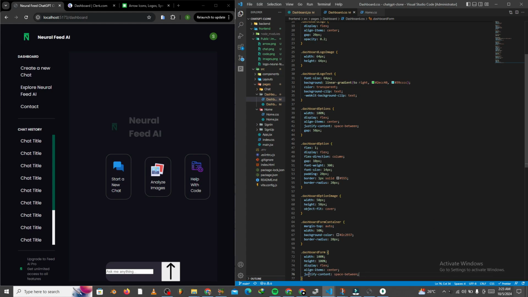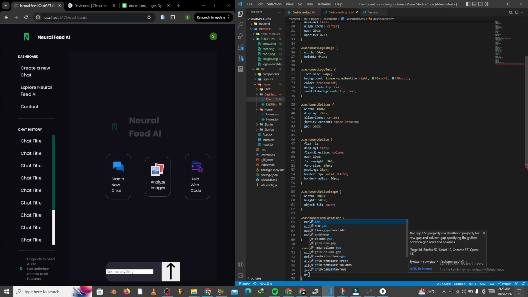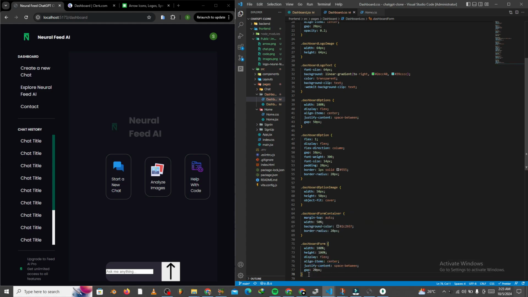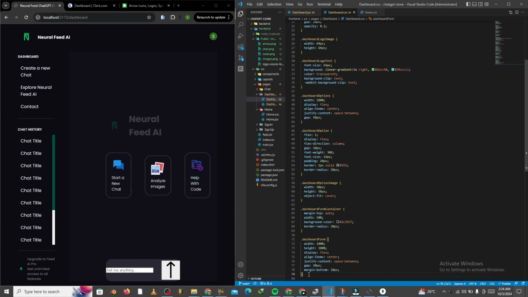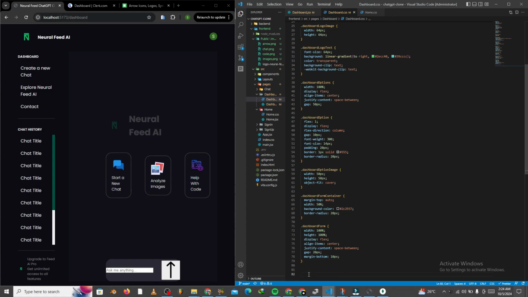Then we give it a gap of 20 pixels, then we say MB, which is going to be 10 pixels. Now that we have this working out like we wanted to,